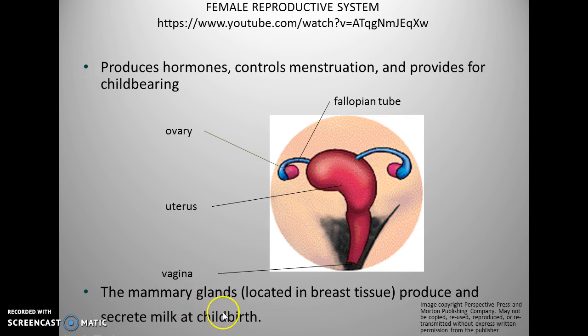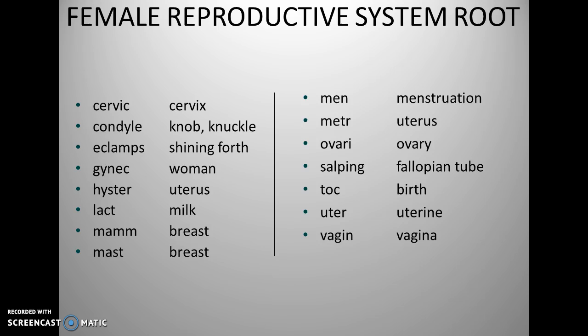And then the mammary gland, which is part of the integumentary system, allows for the production and secretion of milk. Many terms are associated with the female reproductive system. We have cervix, which deals with the cervix, which is the bottom part of the uterus, condyl, knob or knuckle,